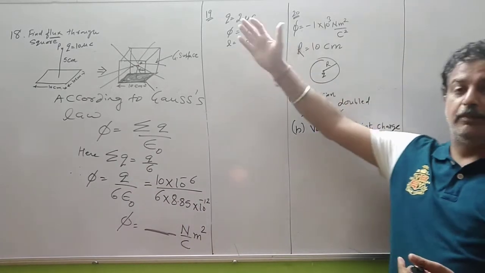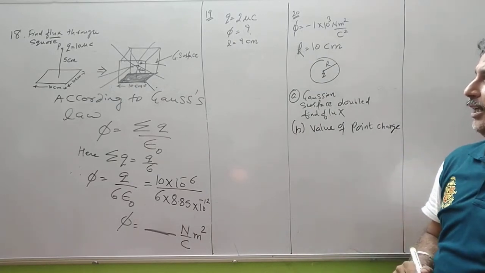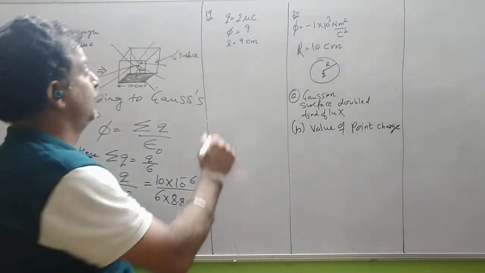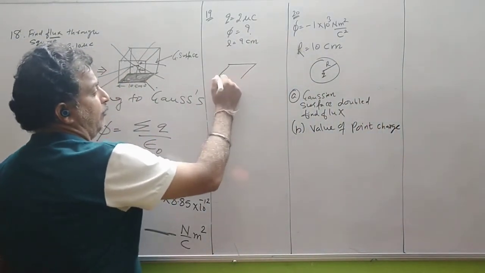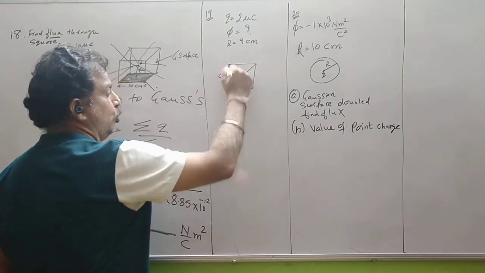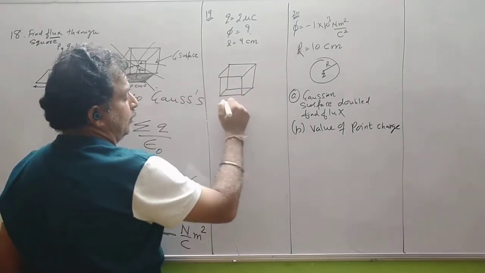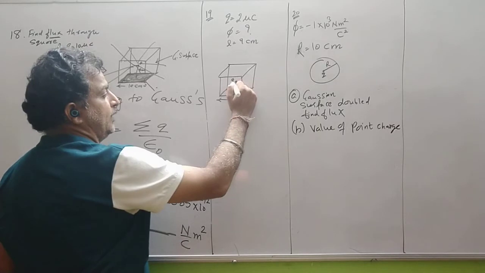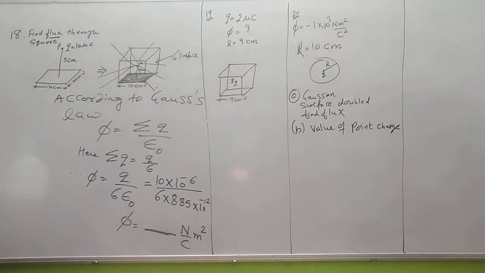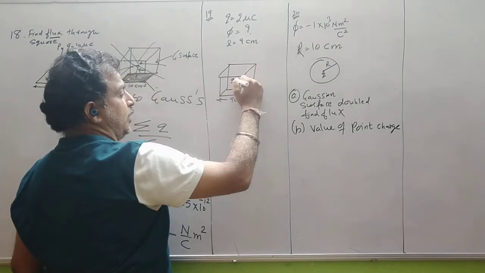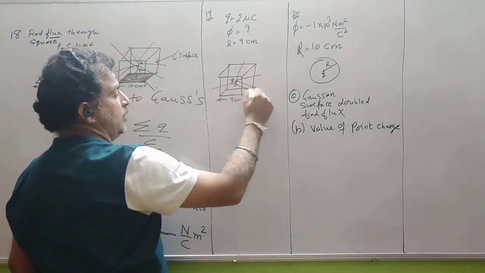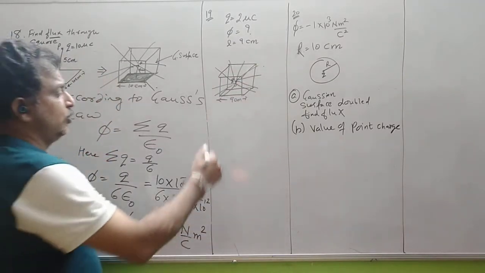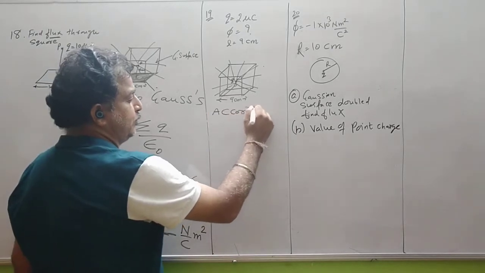So now question number 90. Again we have a charge Q at the center of the cube. So again we have a cube. The length of the cube is 9 centimeter and charge Q is at the center. So the number of field lines, since the charge is positive, the field lines will emerge outward. So the flux should also be positive. So direct application of Gauss law, simple MCQ.